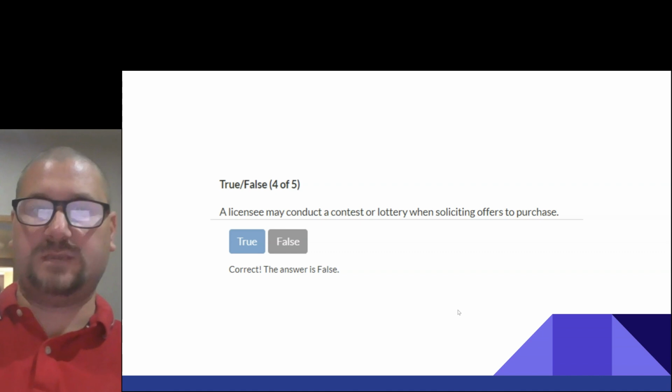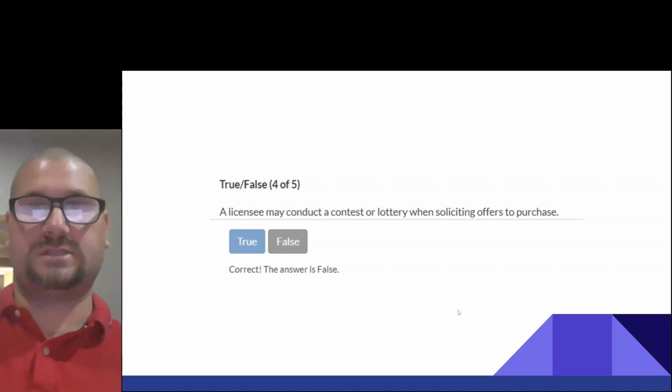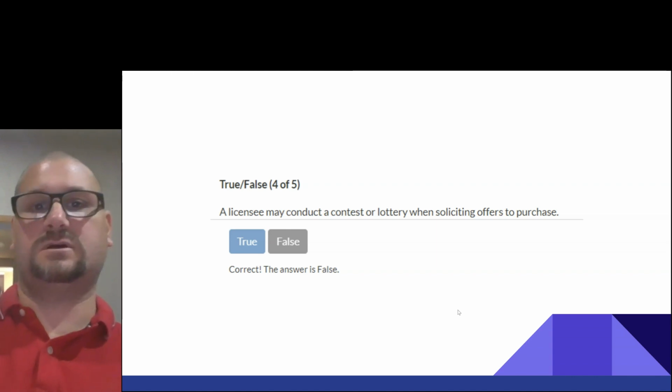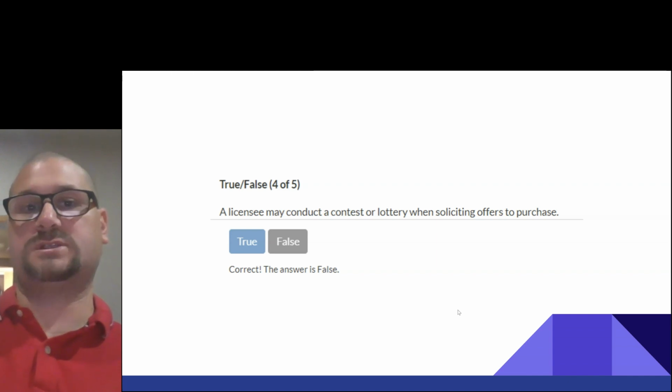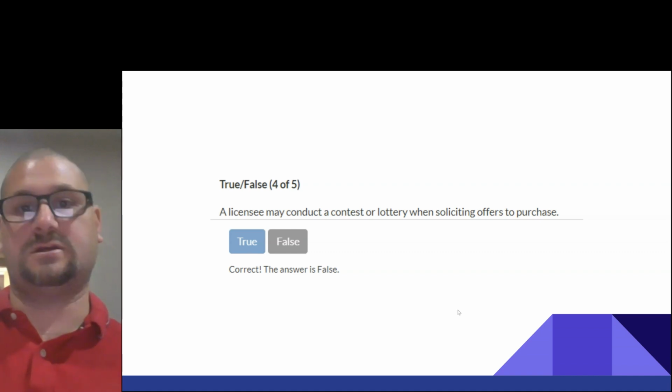A licensee may conduct a contest or lottery when soliciting offers to purchase. This is false, right? A licensee may not conduct a contest or lottery.